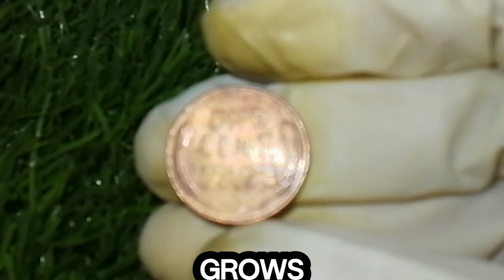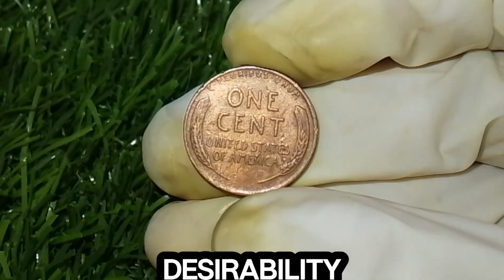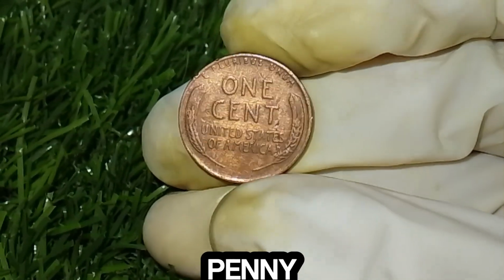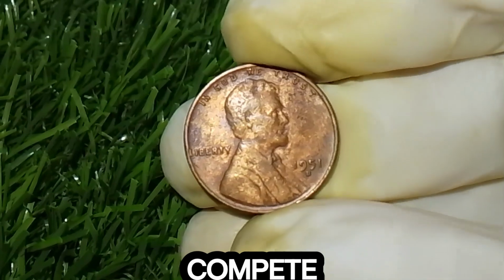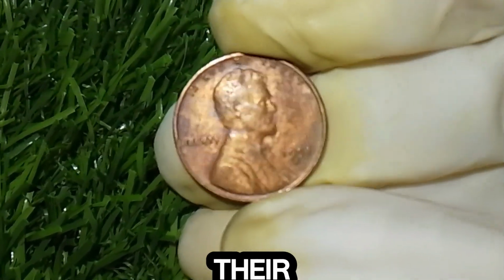The fascination grows when considering how circulation, wear, storage, and preservation affect the desirability of these coins, because a mint-state condition 1951 wheat penny with a major error is exponentially rarer than one that has seen decades of use, and collectors across the globe fiercely compete to secure high-grade examples certified by grading services, which adds to their mystique and